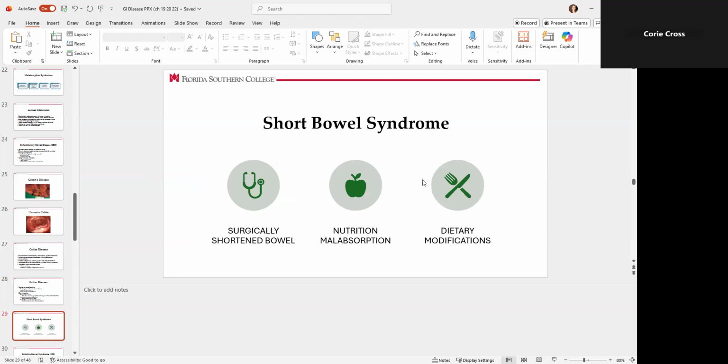Short bowel syndrome. This occurs when the bowel is surgically shortened to the extent that the remaining bowel is unable to absorb adequate levels of nutrients to meet the individual's needs. This could be due to Crohn's, traumatic injuries, or tumors. Nutrition complications depend on the location and extent of the resection. Patients may require long-term TPN for nutrition and hydration, and then can progress back to an oral diet depending on